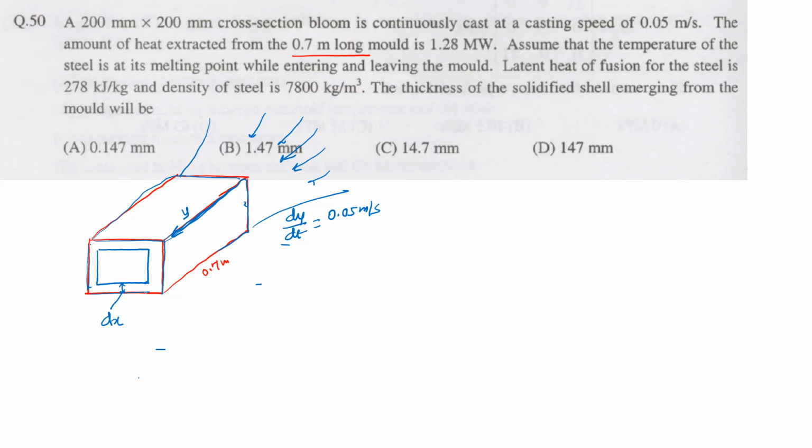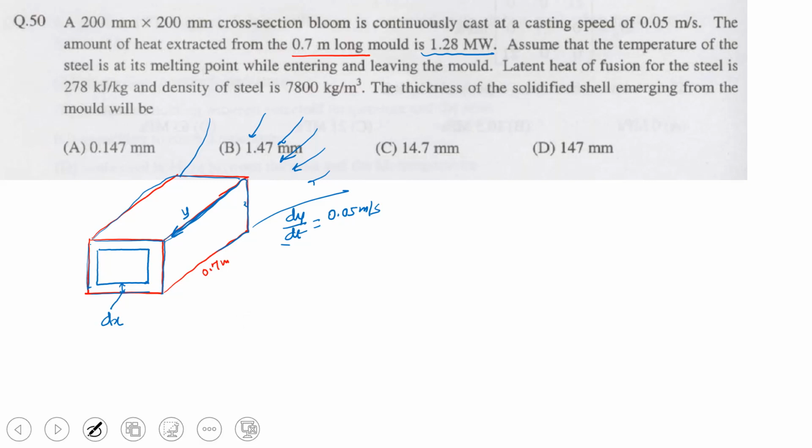So heat extraction will take place from all the four walls, right. So when the heat extraction takes place, the heat which will be extracted will be equal to this value, 1.28 megawatt. That means 1.28 into 10 power 6 joule per second, the heat is getting liberated, okay. So now,